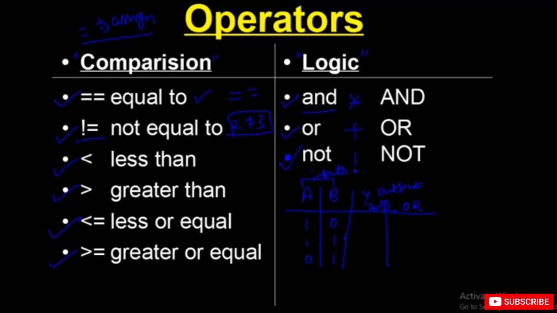The inputs are the same. So if we are using the AND operation, it is going to be 0, 1 and 0, because these two when multiplied become 0, these two when multiplied become 1, and these two when multiplied become 0. Now in the OR, it's a logical addition. So 1 and 0 is actually 1. 1 and 1 is also 1.